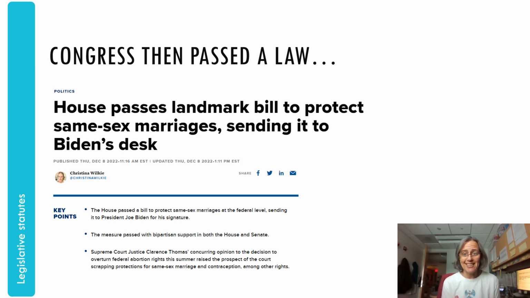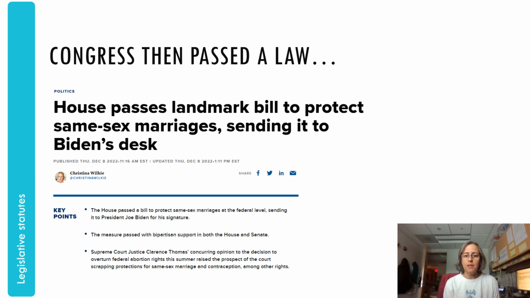So the bill that Congress passed does not say that all Americans have a right to same-sex marriage. It does not. But it does say that once you have had a legal marriage in one state, all other states have to recognize it. So what that means is that your state could pass a law against same-sex marriage, and you could lose the ability to marry a same-sex partner in your state, but you could travel to a different state where it was legal, get married, and then your state would have to recognize that,